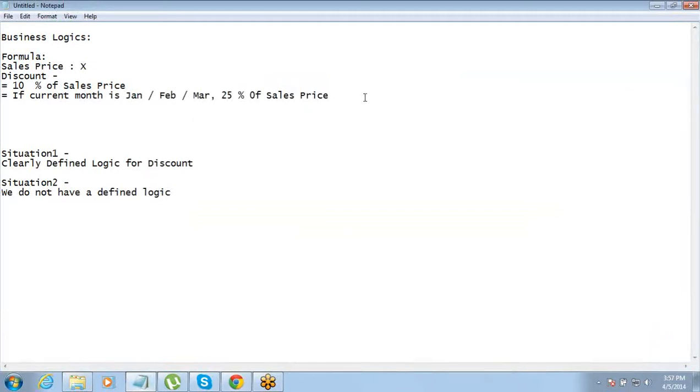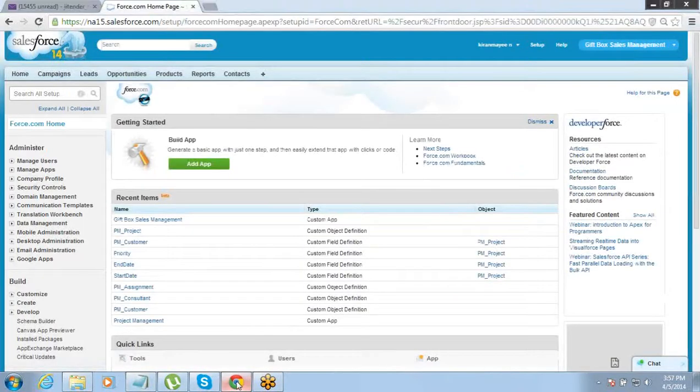First thing that I want to do is, go back to your developer edition. I have the project object here. Did you create a project object on your developer account? Yeah, I created the project manager app, and the app related to the assignment.